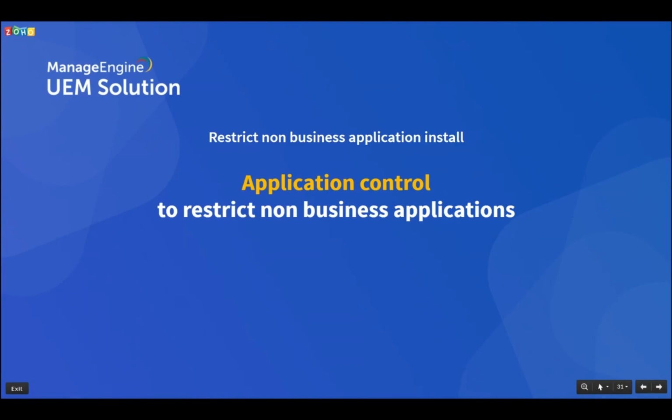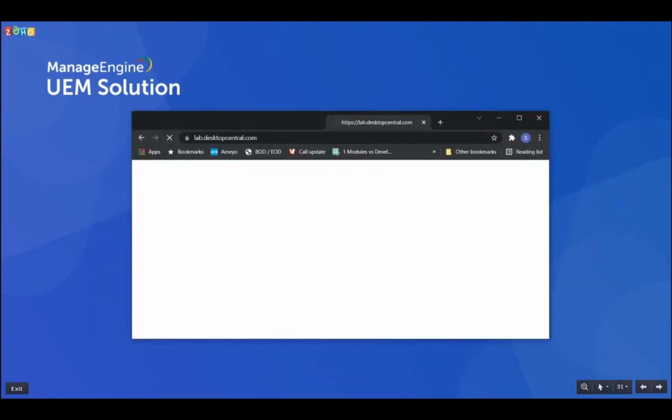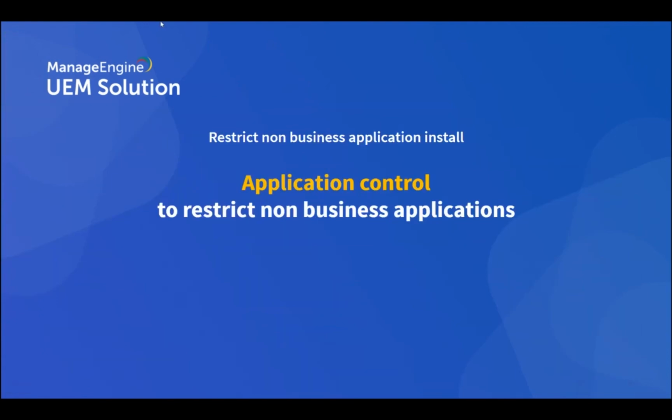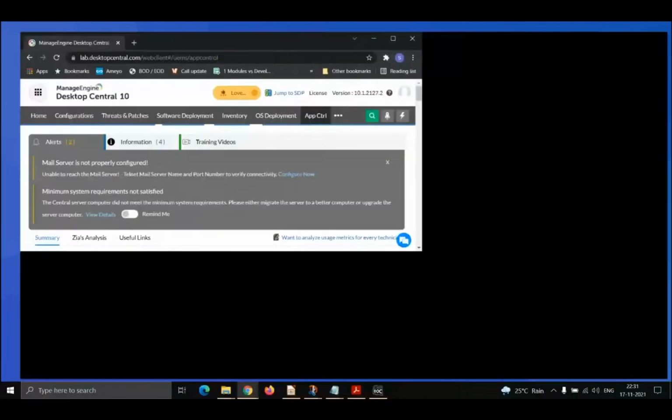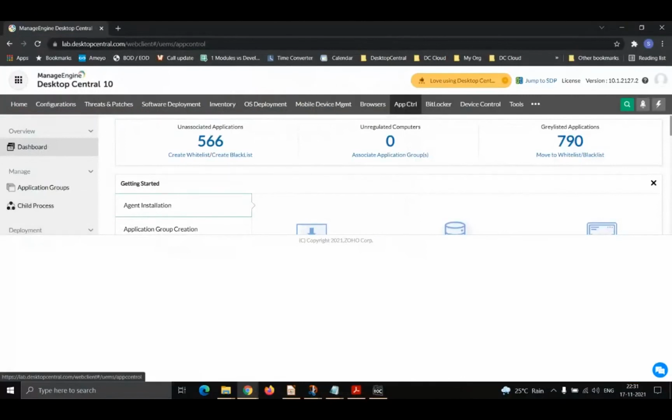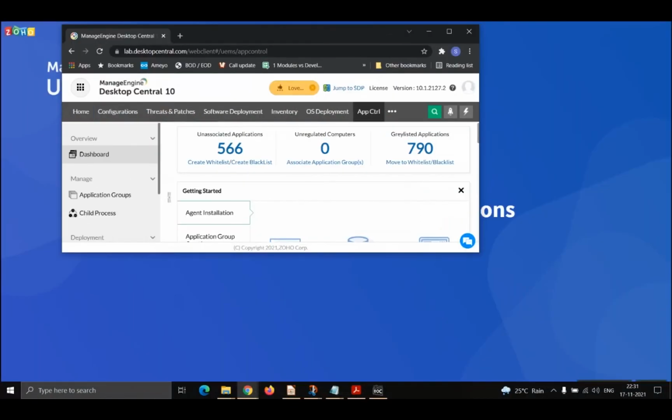Then we have a requirement where we have to restrict non-business applications. So we have an add-on called Application Control. In Application Control, we'll be able to create blacklisting or whitelisting policies and restrict unwanted applications. I'll just quickly show you how this looks. So in Application Control, we allow you to create